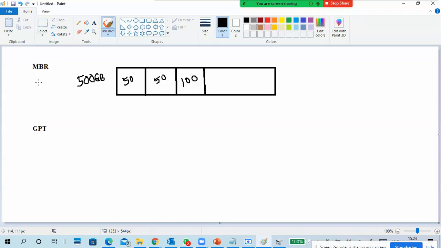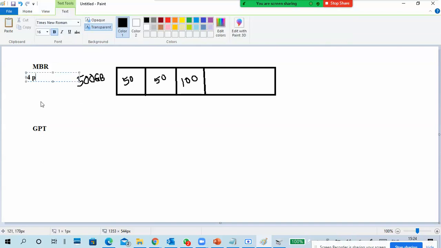So in MBR, we can create four primary partitions, or we can create three primary and one extended. In the extended, you can create a number of logical partitions.